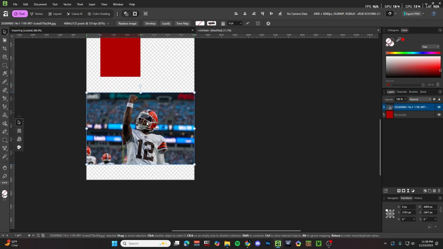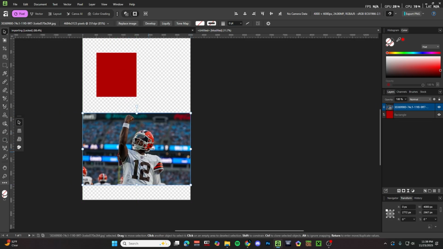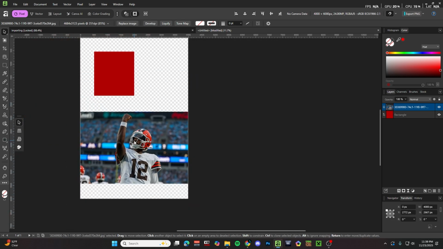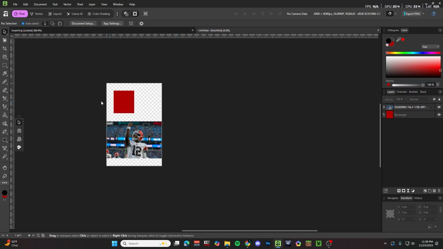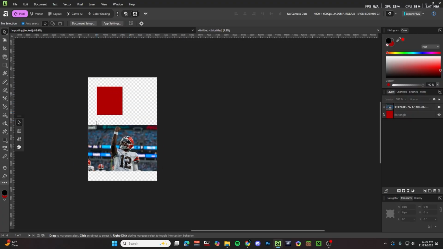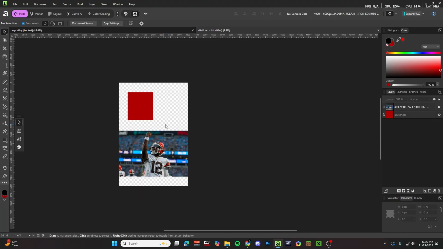And also, that's why when you get low quality photos and try to scale them up, they get all pixelated. It's because of those individual pixels. This is a pretty high quality photo, so if I were to scale it up, it wouldn't really get super pixelated. And so now let's just say I haven't made too many projects so far in Affinity, but let's just say